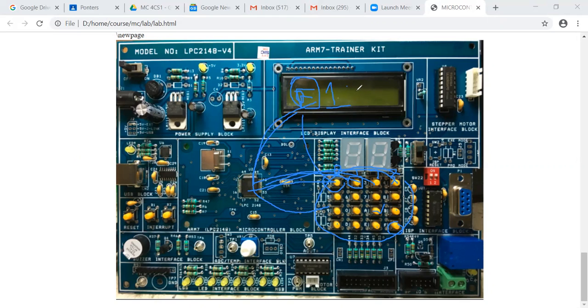So the two external devices are one LCD, another a keypad, and they are all connected through the ports on the microcontroller. So we will erase this detail and go to the working of the keypad program.